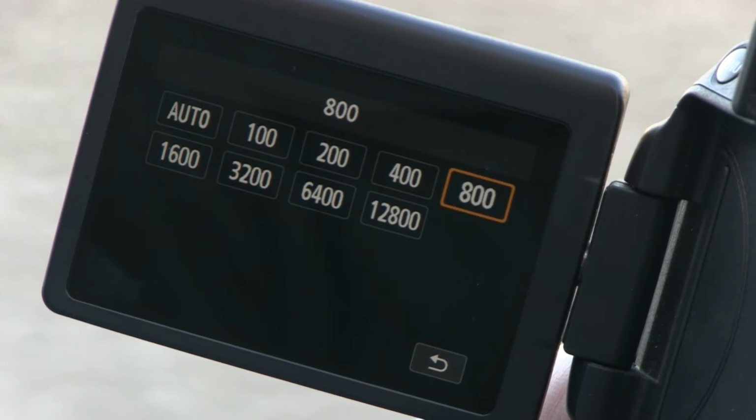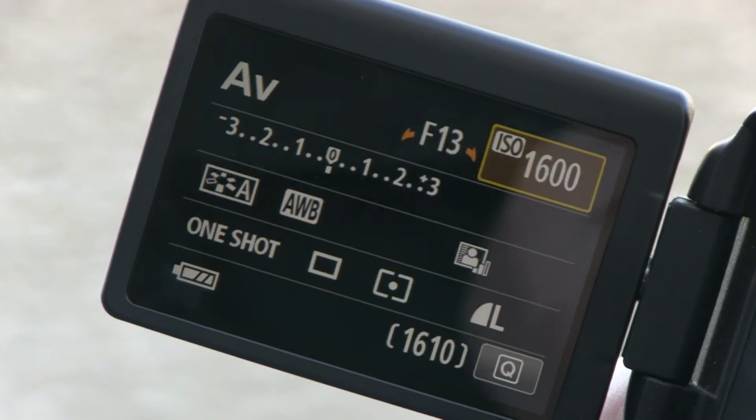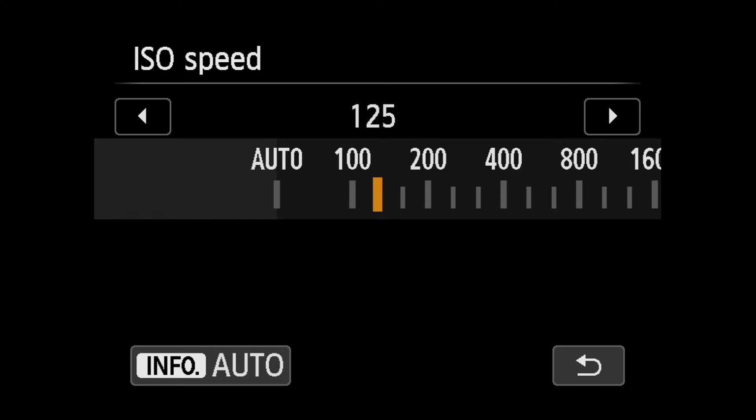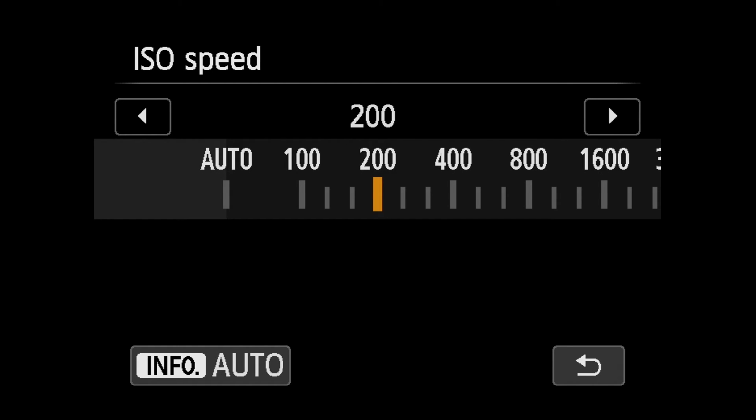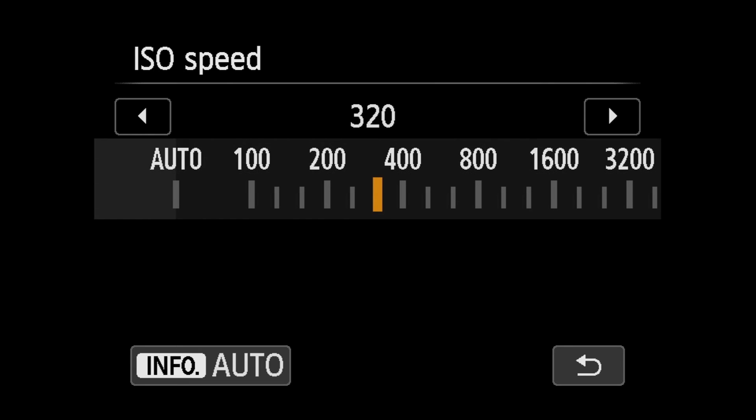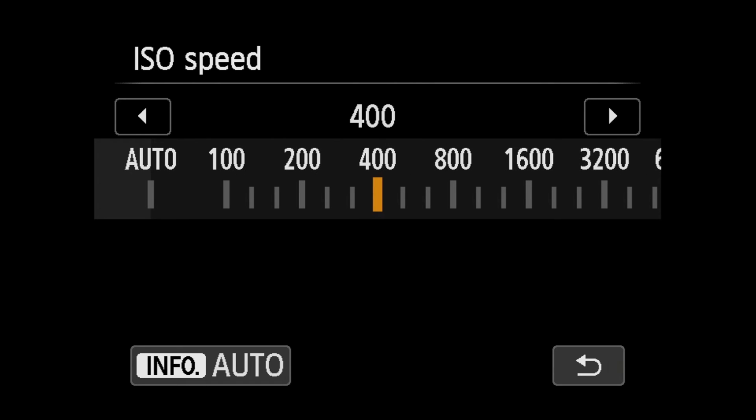ISO settings are often adjusted in full stop increments, but more advanced cameras will have finer grained steps. So instead of going from 100 to 200, which is a whole full stop, you can go from 100 to 125 to 160 to 200. So that goes in 1/3 stop increments. That gives you a little bit more control. And that's how